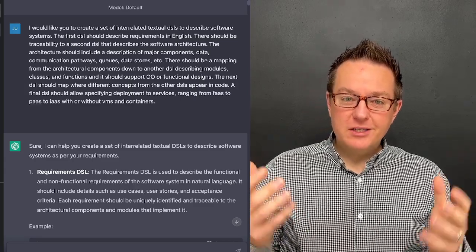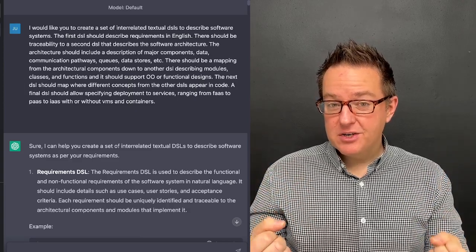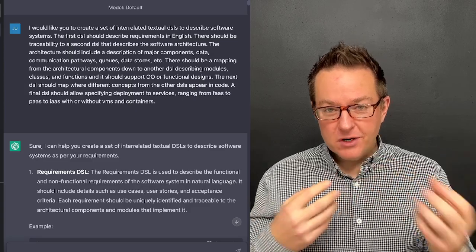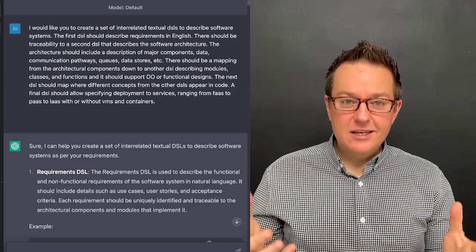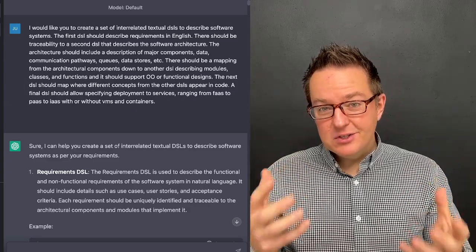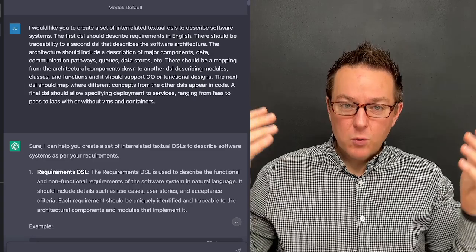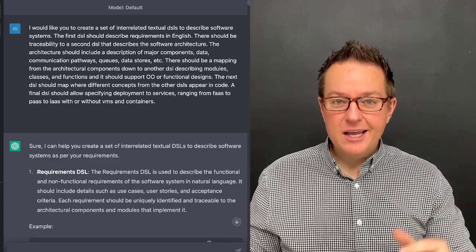And so we're going to start off by asking ChatGPT to teach us this language, design it for us, show us how it works. And then we're going to start working with ChatGPT to build a system using this custom design language. ChatGPT is going to decide the language. We're going to work with ChatGPT to generate artifacts in that language, and we're going to end up with working